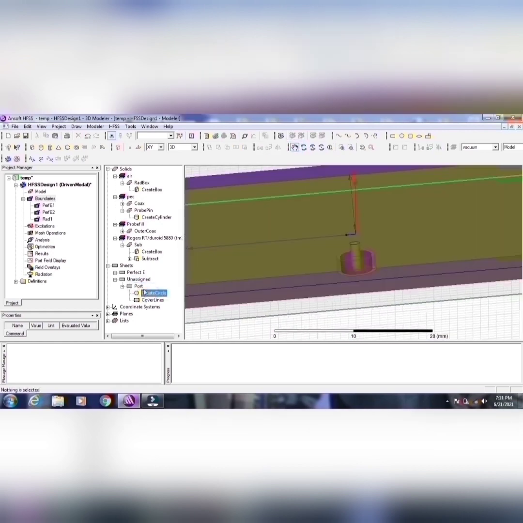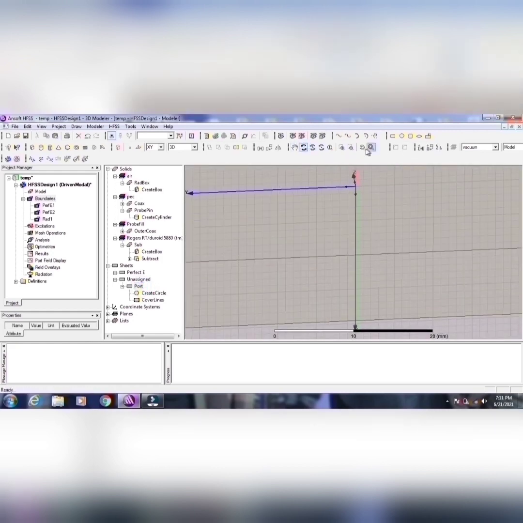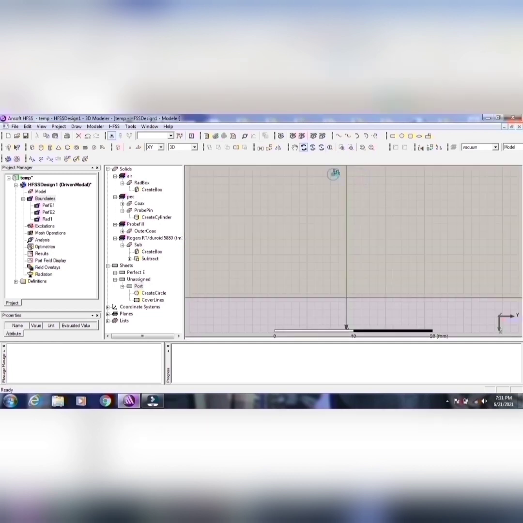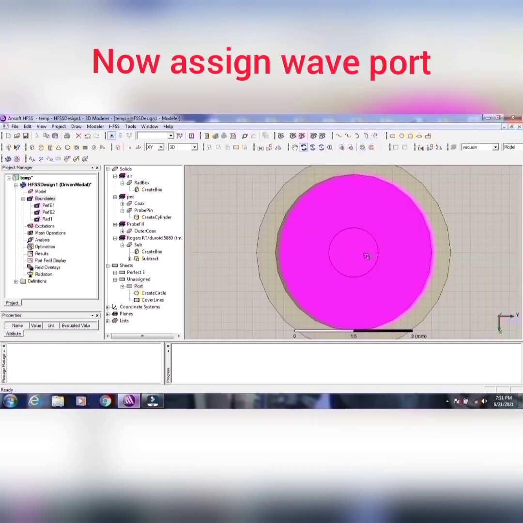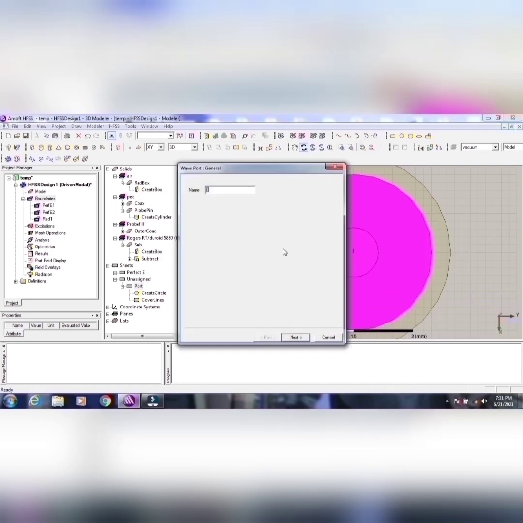So just enlarge it like this, and we have to see properly because we are going to assign the port. There are two types of port, wave port and lumped port. Normally we assign a wave port because it is used here. We put the name as port. Next,